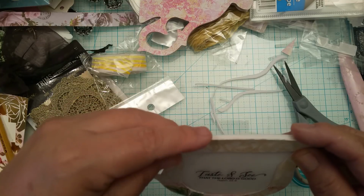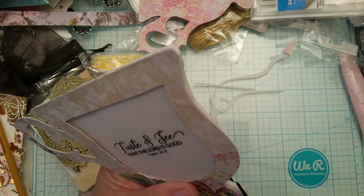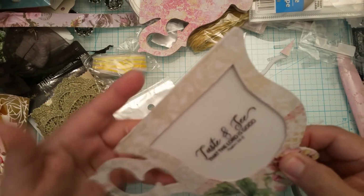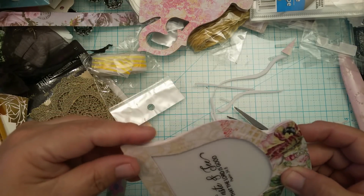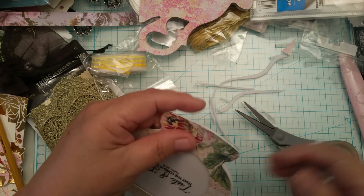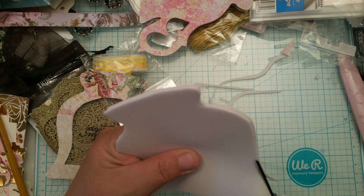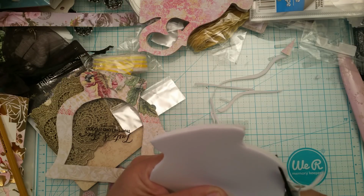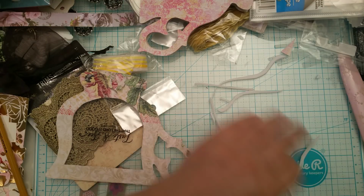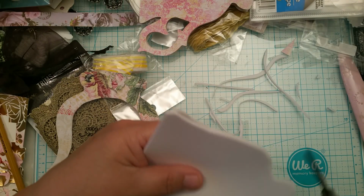I can see right here where I need to cut. So I'm just going to hold this and trim this off. There's that. And maybe a little bit right here. I'm going to take this off because I can see that on this side it does need to be trimmed some. And this should be plenty. And I should have had this ready, but I want to give you the whole process on how I do this. I don't want to just tell you, I want to show you. And look, my cup's not perfect, you guys. The foam on the bottom is not perfect, but by the time